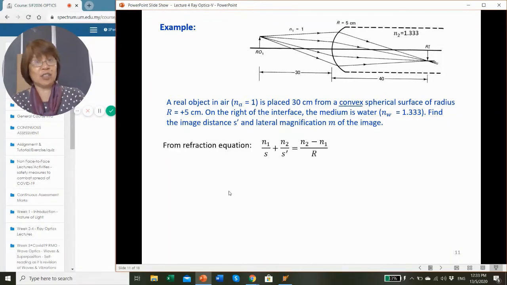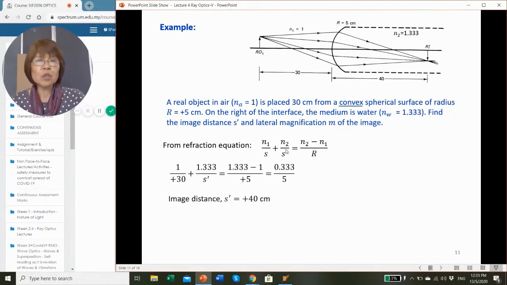So let's use the refracting equation that we derived earlier, which is given here. Substituting n1, which is 1, s, which is 30, positive, plus n2 is 1.333, s prime, well, we don't know yet, equals 1.333 minus 1 divided by r. Now for r, the center of curvature is on the right side, so it's a positive value, positive 5. So it's 0.333 over 5. In the end, you'll find that the image distance s prime works out to be 40 cm. Since it's positive, it's on the right side, behind the refracting surface, and it is a